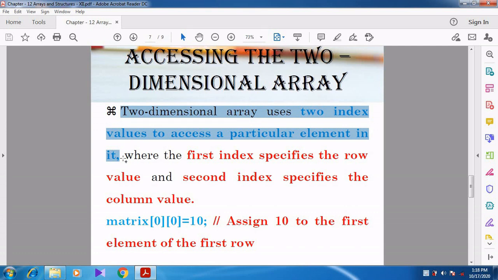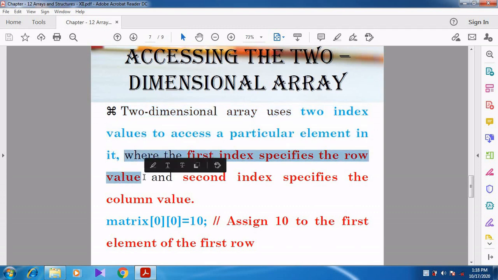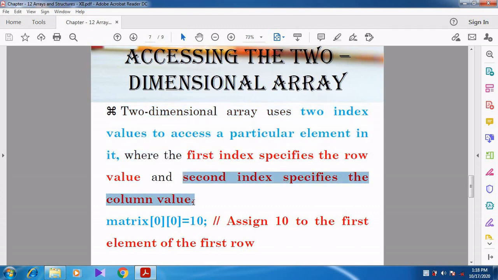But here we are using two dimensions. Two dimensions means two square brackets. The first square bracket represents the row size, and the second square bracket represents the column size. So to access a particular element we use two index values, where the first index represents the row value and the second index represents the column value.